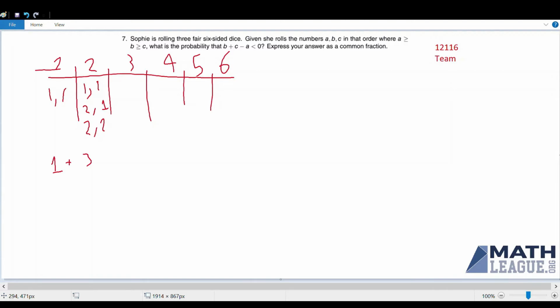And then we could keep on just listing out all these possibilities, but instead we should see that for all of these cases, the values of B and C that worked for the previous case still work, and we also add all of the possible cases when B is equal to A and C is anything from 1 to A. So like in this case, we took over this possible case from the previous case for the value of A, and then we also added in all the possible cases for B and C when B is equal to A, which is in this case 2, and C is anything from 1 to A as well.